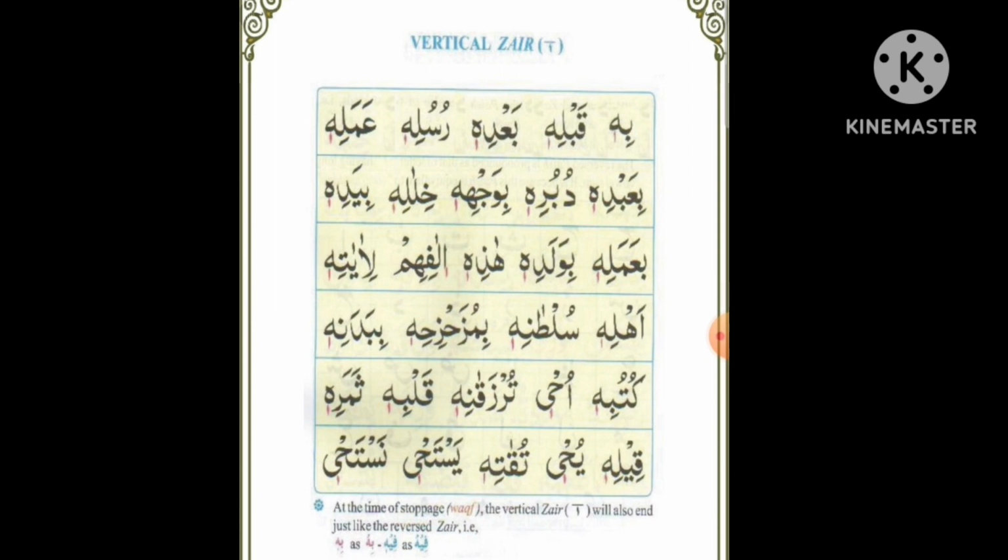Biwajhihi, khilalihi, biyadihi, bi'amalihi. Here there is a printing mistake. There is no zair below the ba. Just place a zair below the ba. Ba zair bi. Bi'amalihi,